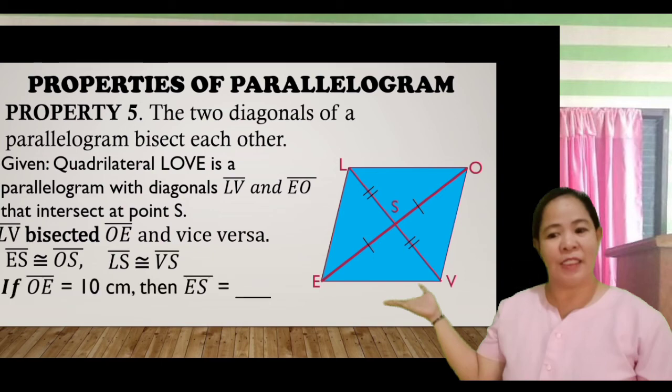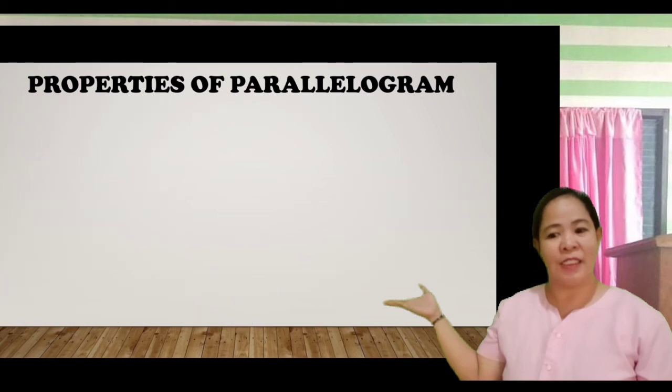So if, for example, the measure of OE is 10 centimeters, then ES is equal to 5 centimeters. And if LS is 3 centimeters, then VS is what? Equal to 3 centimeters. And the last property is